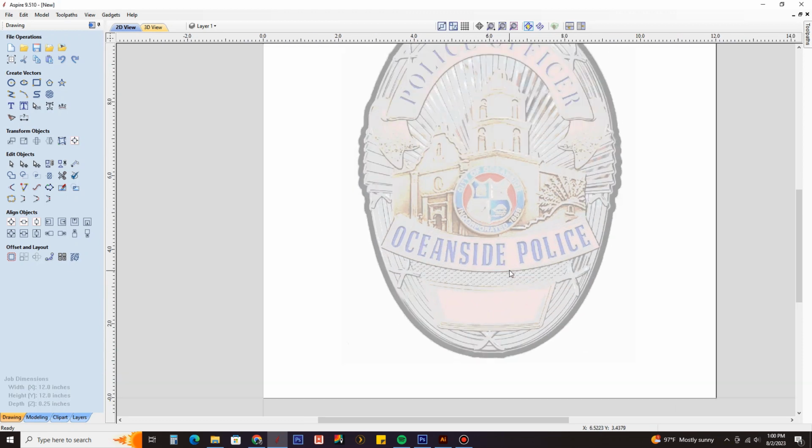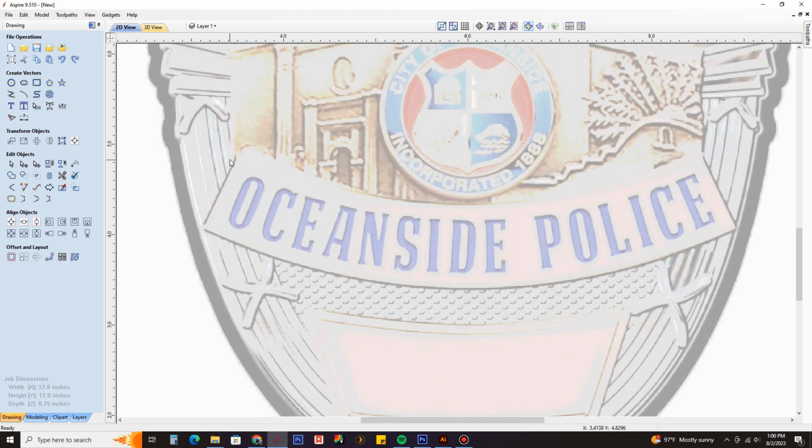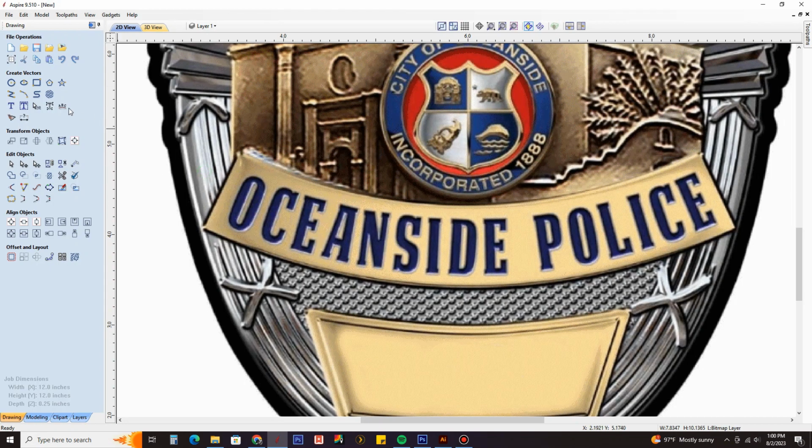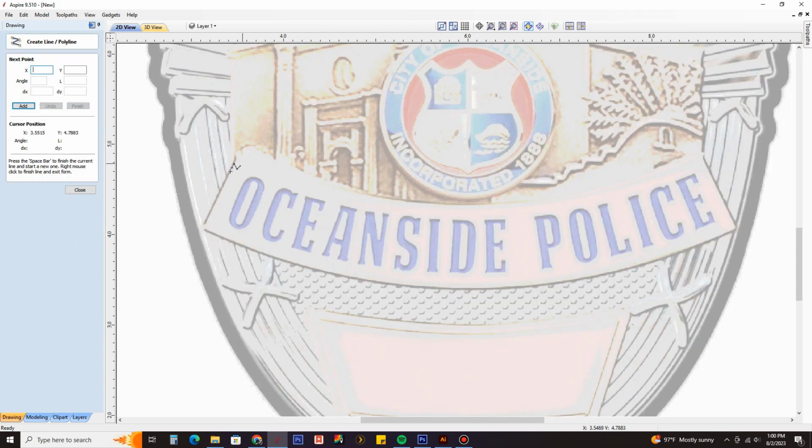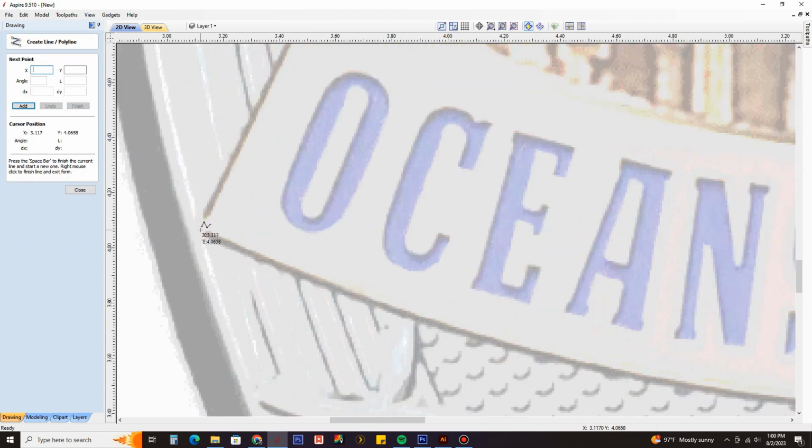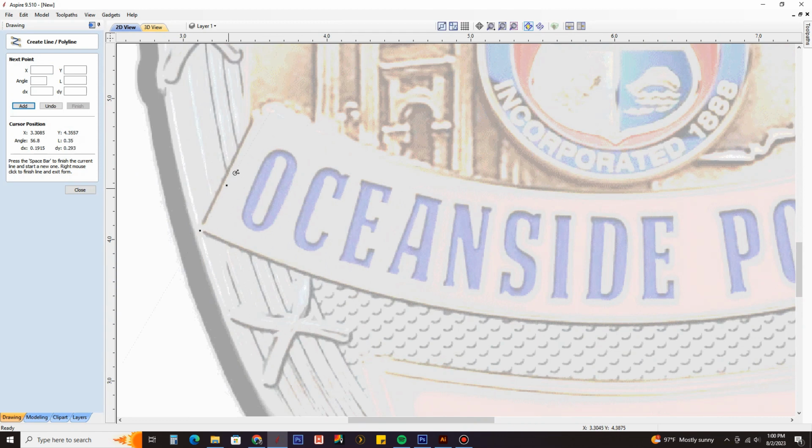Okay, so let's start first with this bottom banner because that's pretty simple. You just have 4 lines with 2 of those being curved. So we want to create a new layer, or you can just go off your layer 1 here. I'll just keep that on layer 1. And then we want to come over to create vectors and draw a line. We'll click that and come down and click on the bottom corner there, drag this line up so right about there. And then once that's done, you can hit space on your keyboard to end that path,